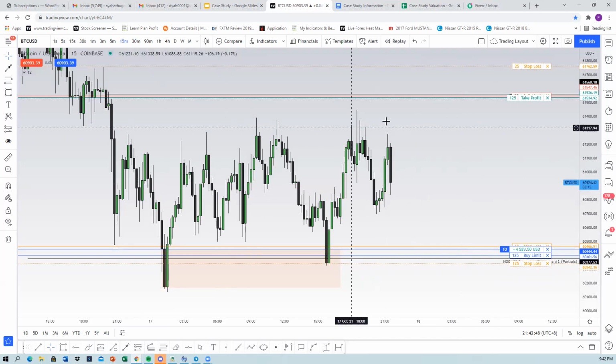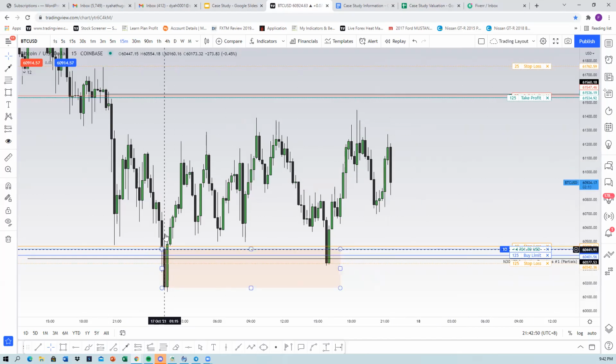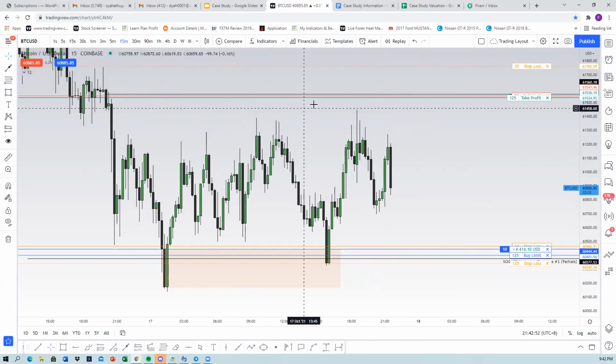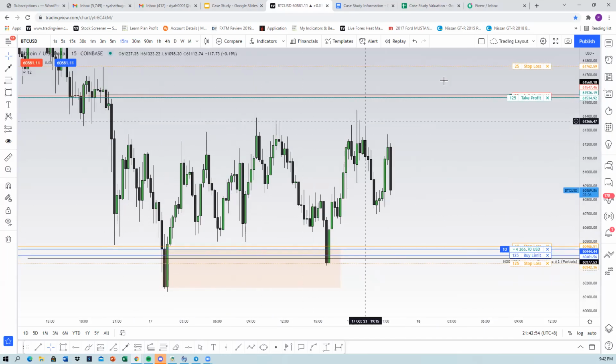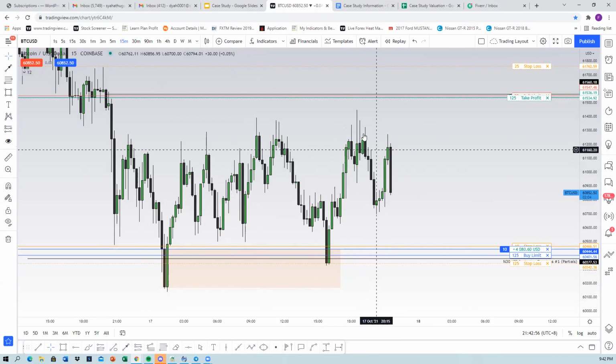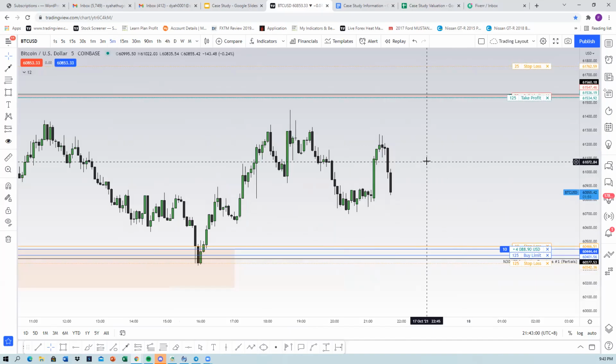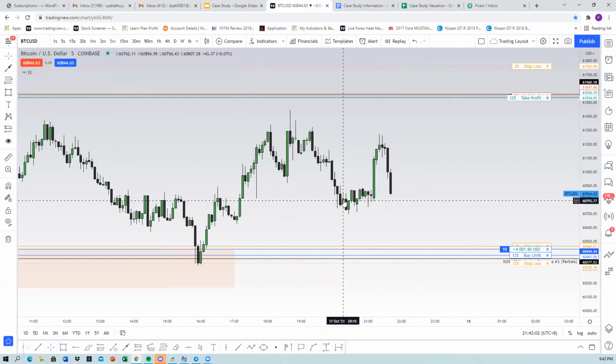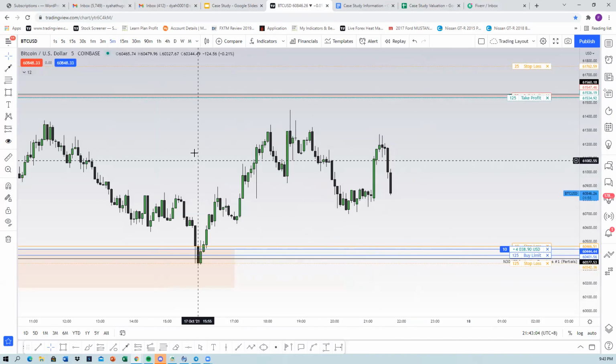Okay, anyways, that's the high probability bullish order block, high probability bearish order block, another high probability bearish order block. I want to press sell. I don't know why I didn't. So high probability bearish order block. Okay, and again you can see